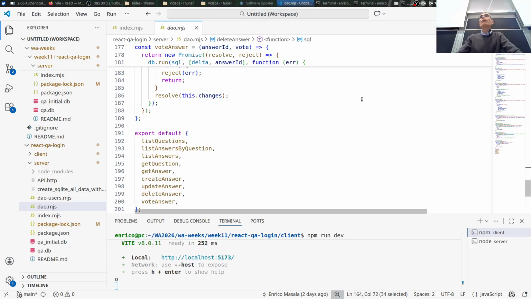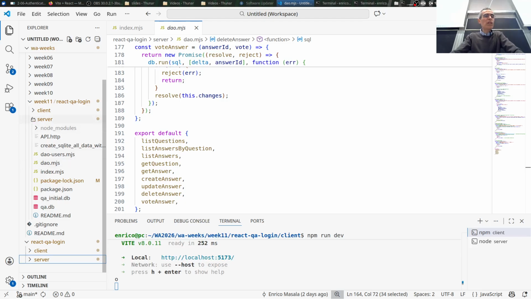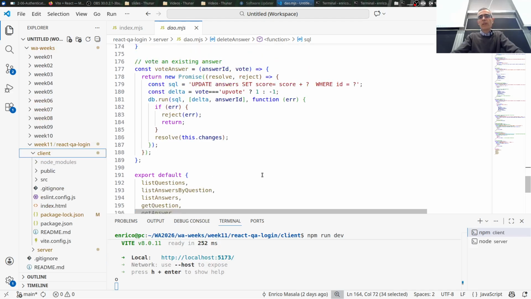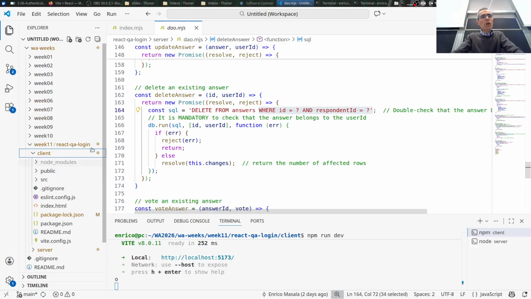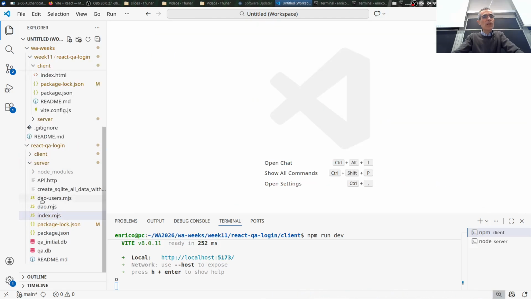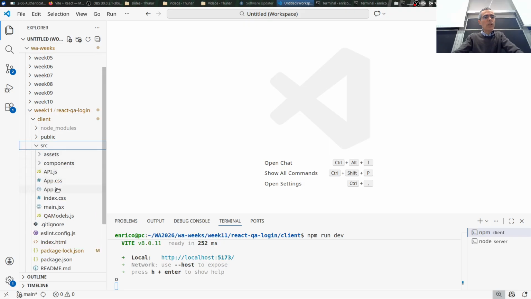So now we go to the software that I already published, okay? And on the client side, mostly on the client side, and we will try to implement what we saw until now, okay? So now index not needed, and let's start with app,